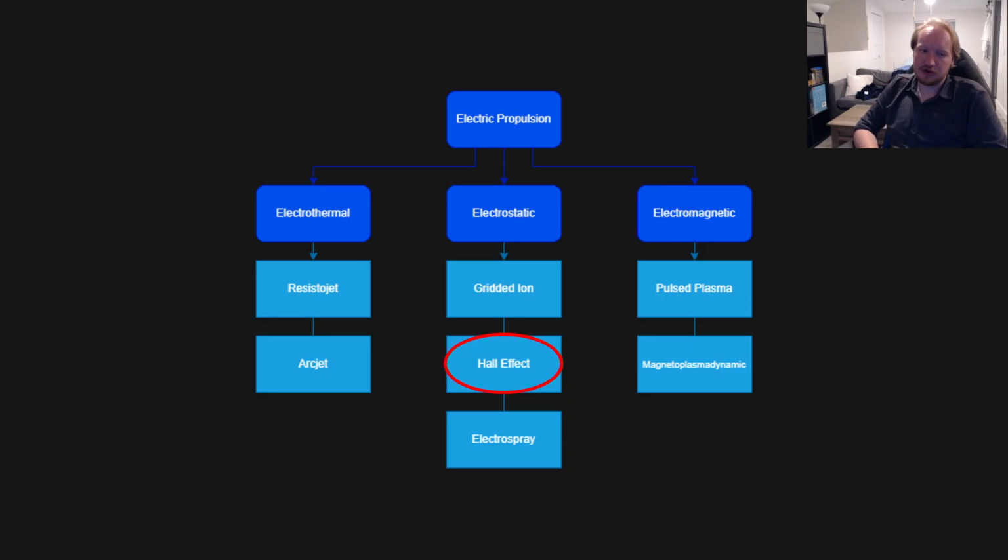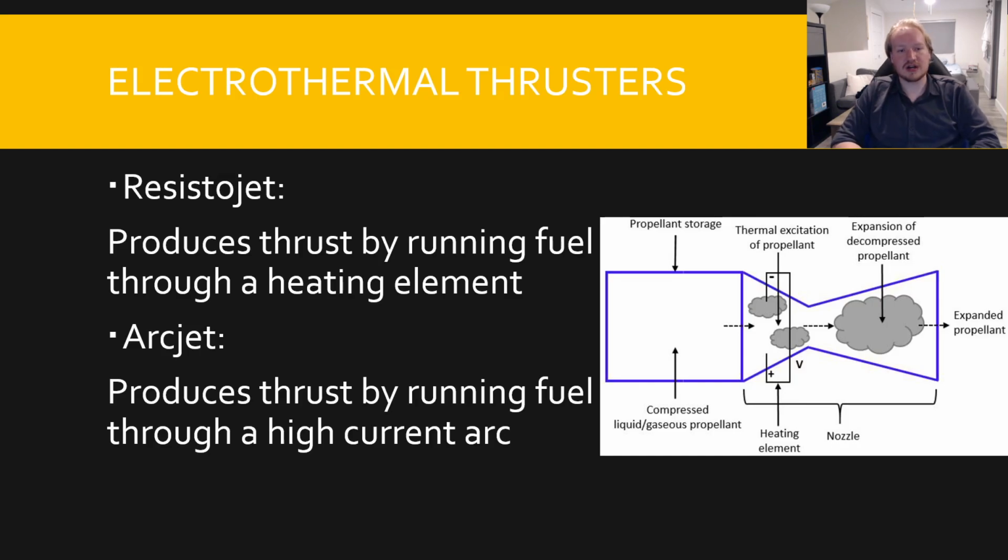We have the electrothermal, electrostatic, and electromagnetic categories. These categories are split based on what we are using to generate the propulsion, whether it is thermal expansion with the electrothermal thrusters, an electric field with the electrostatic thrusters, and a magnetic field with the electromagnetic thrusters. So we'll move into some more about those now, starting off with the electrothermal thrusters, which are by far the